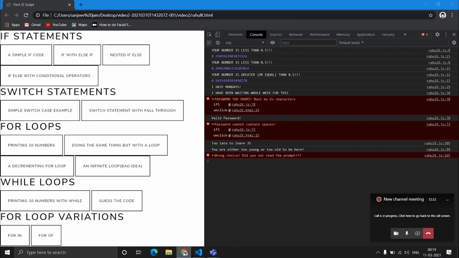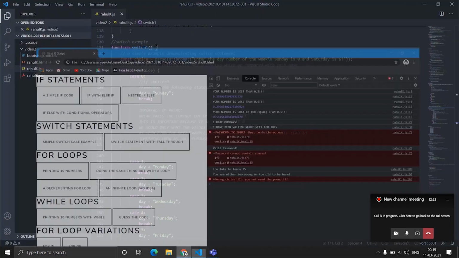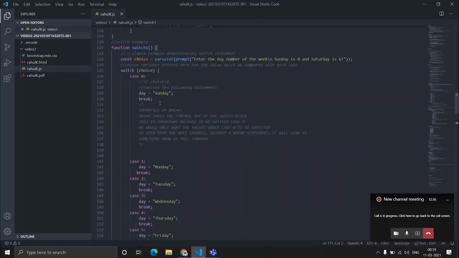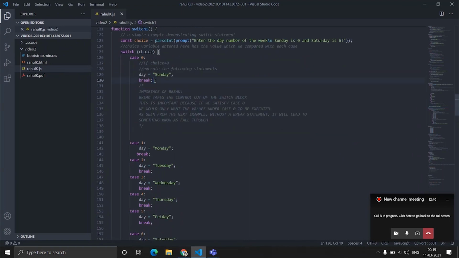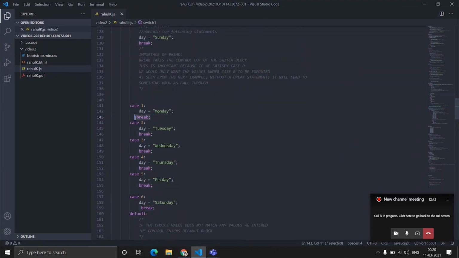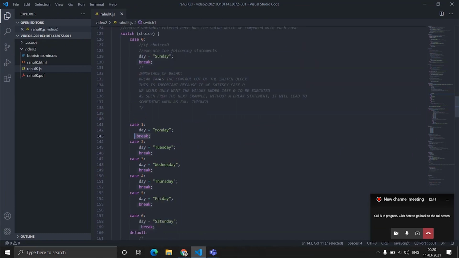Okay. Now there is a thing that you need to keep in mind while using the switch statement. That is mentioning the break statement after every case. What happens is when you don't mention the break statement, if this case 0 becomes true and you haven't mentioned break, all the cases after this 0 will get executed until a break is encountered.